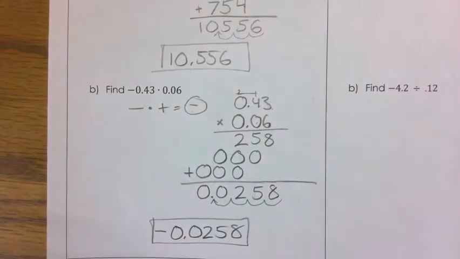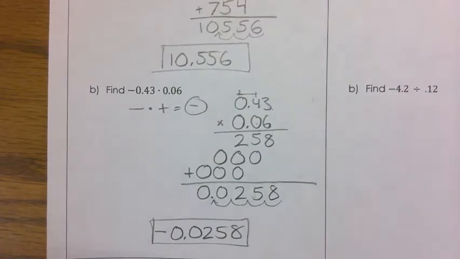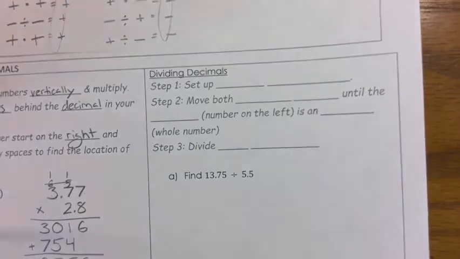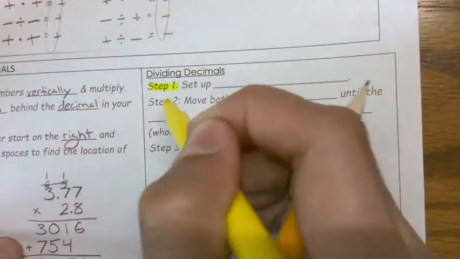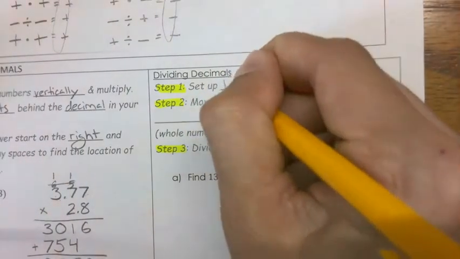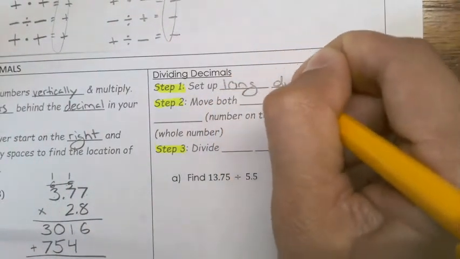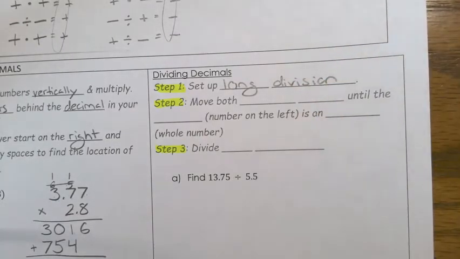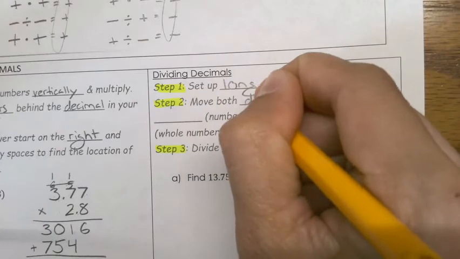Awesome. Let's take a look at dividing decimals. Has some similarities, but also a bit different. Again, I highlighted some steps here for you, broke it down into just 3 steps. So first, set up long division, because we don't do this vertically, we do it as long division. Then, here's what's different. Move both decimal